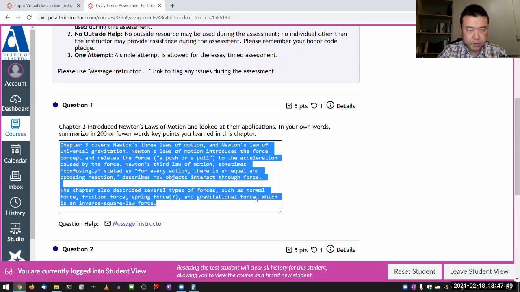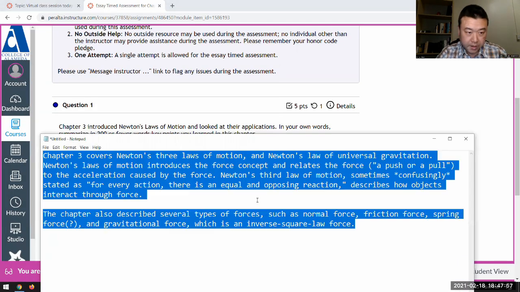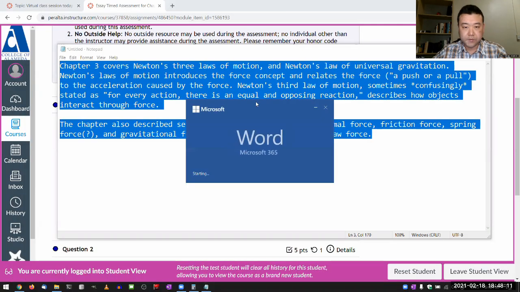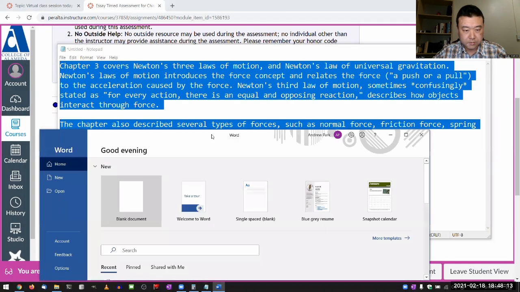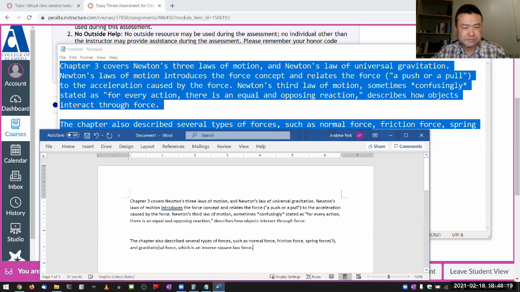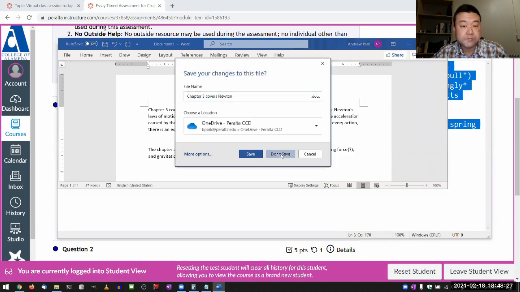And I think this is a response that's on the low end side. Let me do a word count. Now, I don't do a word count with every answer. I just do it with the ones that I feel are too long. I guess Notepad is too simple to have a word count tool. Let me see if I can bring it up in Word. Okay, I think that's fine. So 87 words. So this is on the short end, but this is probably